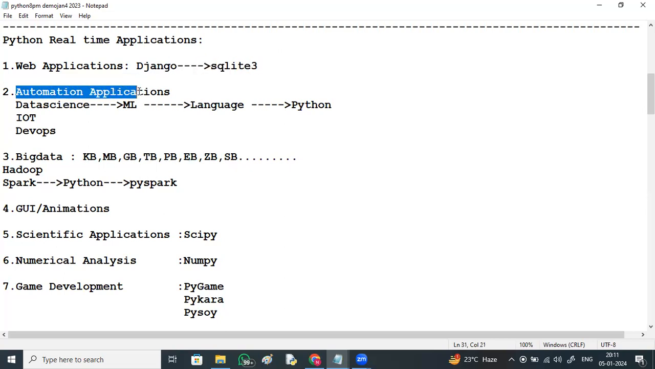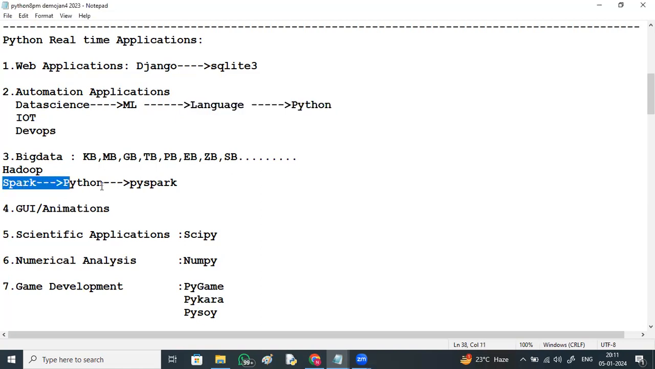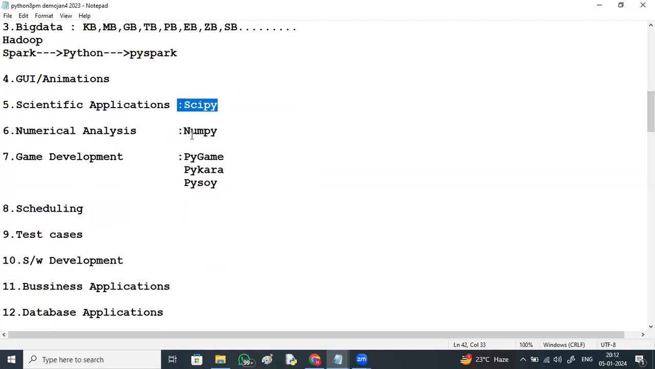For automation applications, using technologies like data science, IoT or DevOps, for all these three, the implementation language is Python, where we code. For big data applications, especially Spark with Python, PySpark. For GUI animations and scientific applications, we have the SciPy module. For numerical analysis, we have NumPy. And for gaming or game development,